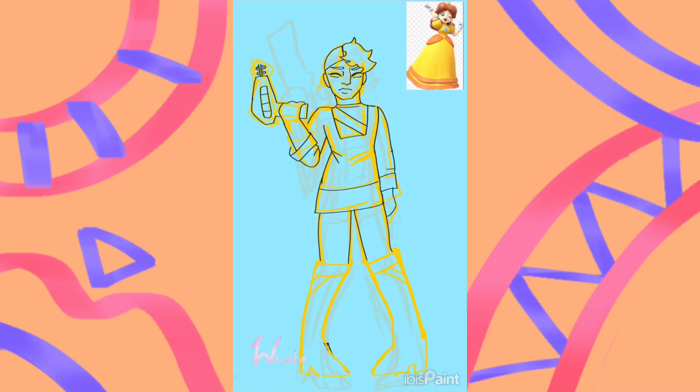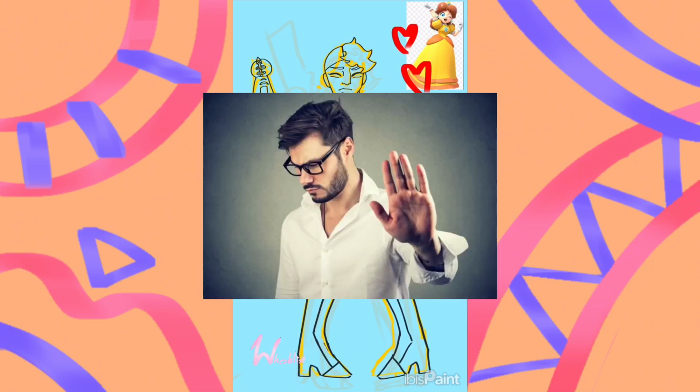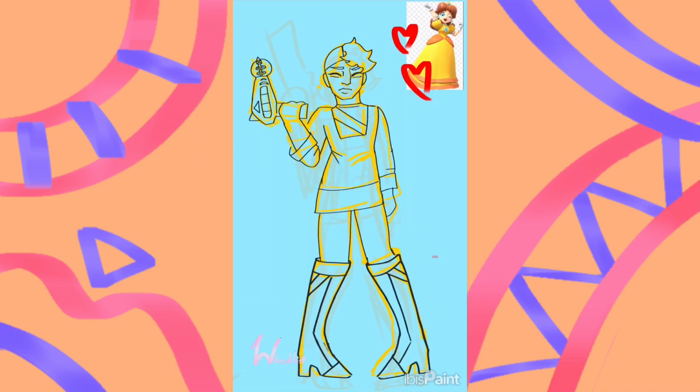Maybe someday in the future I'll do a redraw. I was so dreading finishing it. I was actually doing anything to avoid finishing this. The little red hearts in the corner, the doodling, I was avoiding it like, I don't know. I hated this one. So far it looks nice, but just wait till we get to the colors and everything